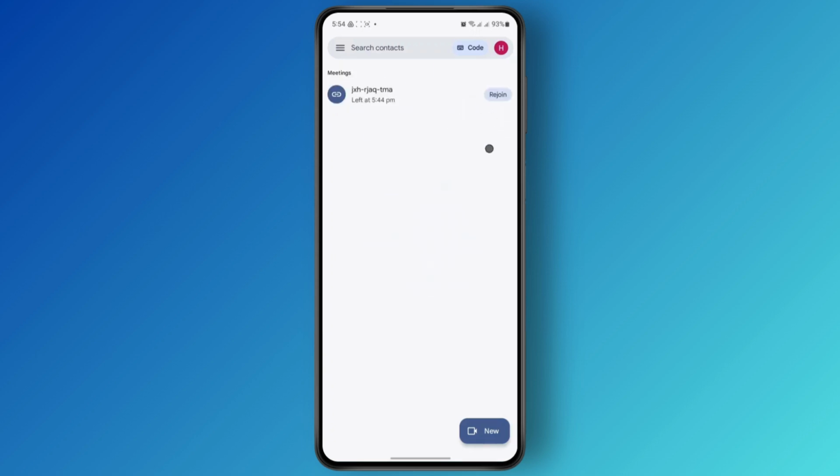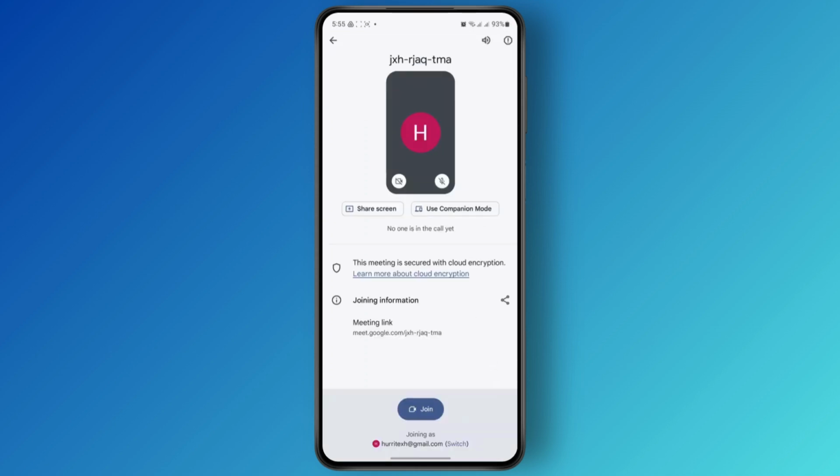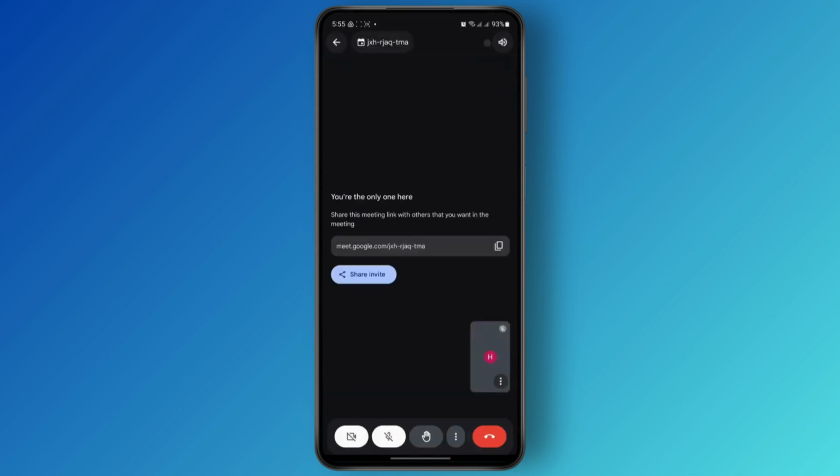I'm just going to rejoin here. But if you want, you can just go ahead and click on New and then create a new meeting. Now, once you tap on the meeting that you want to join, go ahead and tap this join option. And once you land on your meeting and you've successfully joined, then in that case, all you have to do